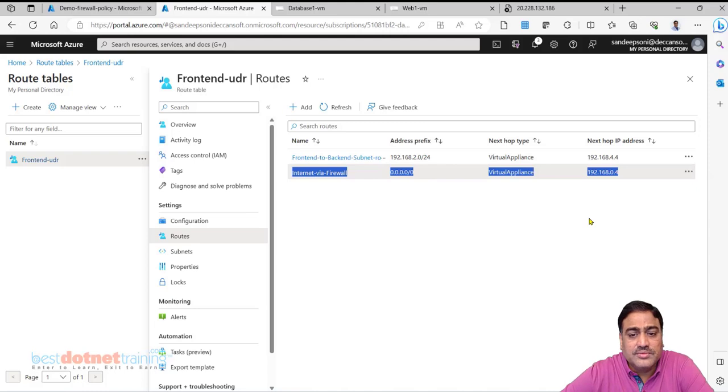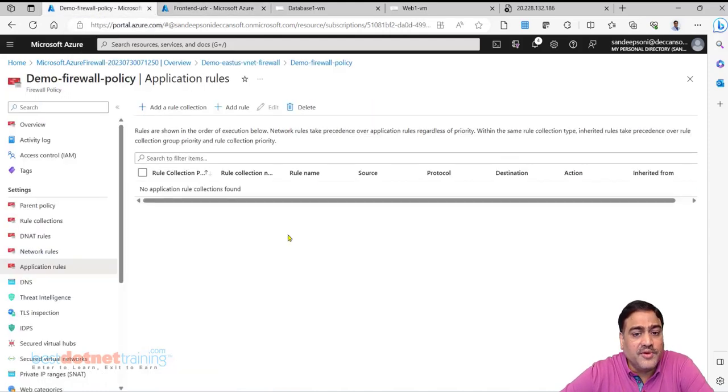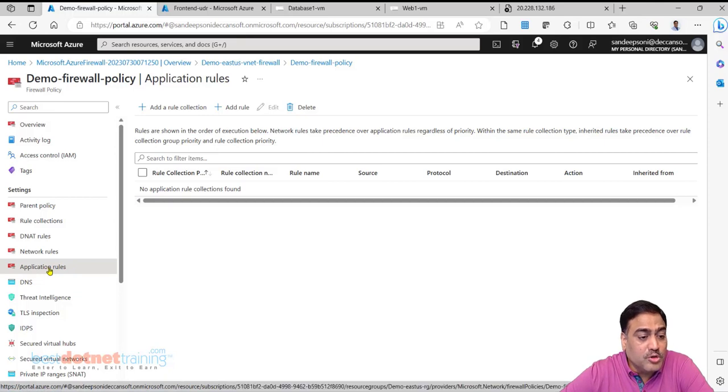Now what we will do, whatever we want to allow, we will go and allow in the firewall. But don't do it in the firewall, we have to do it in the policy. This policy we have already attached to the firewall. So I want to first solve the outbound traffic from the virtual machines to internet.